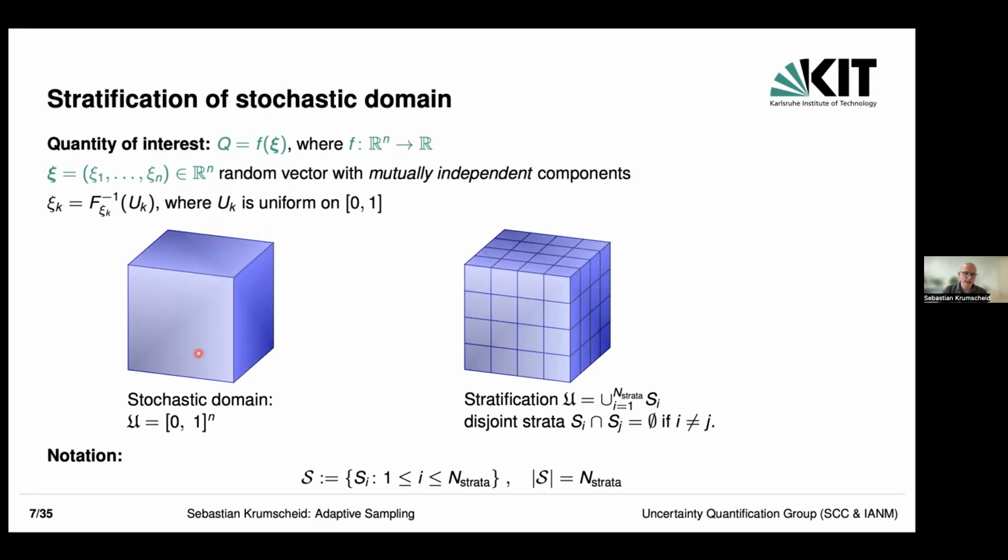And the idea of stratification is then very similar to tessellation in the PDE setting, in the mesh discretization setting, that we simply split our unit cube into a bunch of smaller domains. In this picture, it's also cubes. Each of those little subdomains we're calling a stratum. So our entire domain is made of a bunch of strata. We have n strata, and they're disjoint. And this curly S is what I will call our stratification, the collection of all of those little strata.